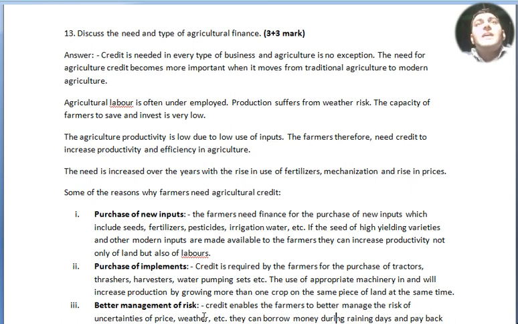Agricultural labor is often underemployed. Production suffers from weather risk. The capacity of farmers to save and invest is very low. The agricultural productivity is low due to low use of inputs. The farmers therefore need credit to increase productivity and efficiency in agriculture. The need has increased over the years with the rise in use of fertilizers, mechanization and rise in prices. Some of the reasons why farmers need agricultural credit: